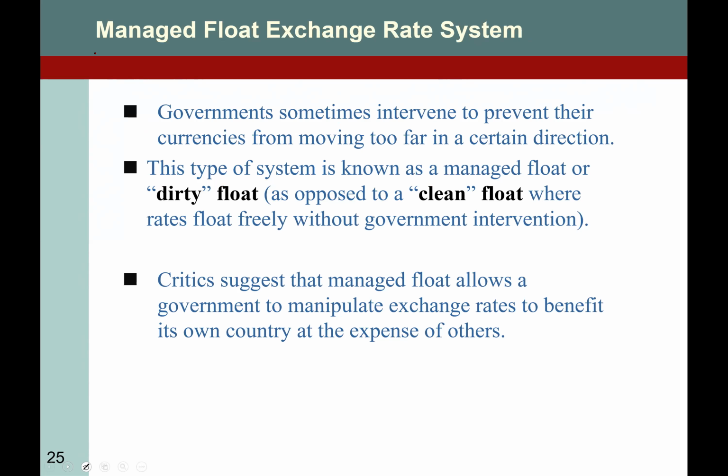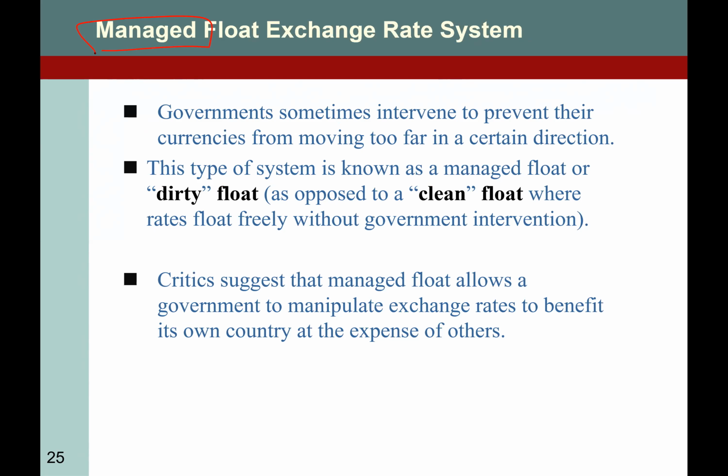And now, the managed floating exchange rate system. Up till now, any questions regarding the fixed and free floating exchange rate systems? The advantage of a fixed exchange rate system is that you can plan better and you are insulated, not having any currency risk. But the disadvantage is that high inflation will be exported to other countries, and the unemployment is also going to be exported to other countries.